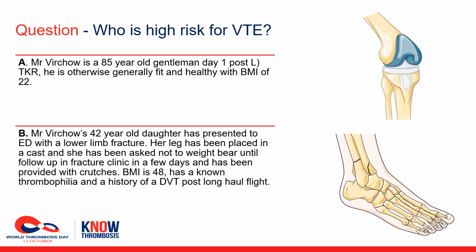B, Mr. Virchow's 42-year-old daughter has presented to the emergency department with a lower limb fracture. Her leg has been placed in a cast and she's been asked not to weight bear until follow-up in fracture clinic in a couple of days, and has been provided with some crutches. Her BMI is 48. She has a known thrombophilia and she has a history of a DVT post a long haul flight. So who is at high risk? A, B, or A and B? I'll give you